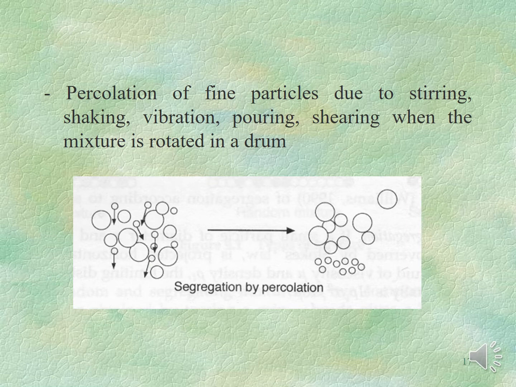The next process that can promote segregation is what we call percolation. Percolation is the process of fine particles pushing their way to the bottom. You can imagine this happening during rush hour, where everybody is rushing to get into the LRT or whatever public transport. You will find that most of the small ladies with sharp elbows are able to push their way through a crowd to the front to get themselves into the transport. So the same thing